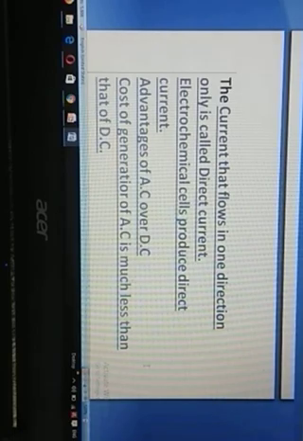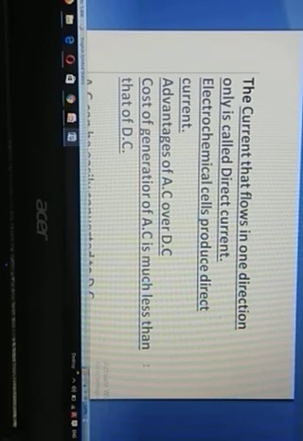The graph shows us that the current is alternating; sometimes it increases and sometimes it decreases. Within the given time the alternating current changes direction in each half rotation, and here you can compare the DC current, which always shows a direct current without any deflection. DC is the current which flows in one direction only. An electrochemical cell produces direct current. Now we have to study the advantages of AC and DC.